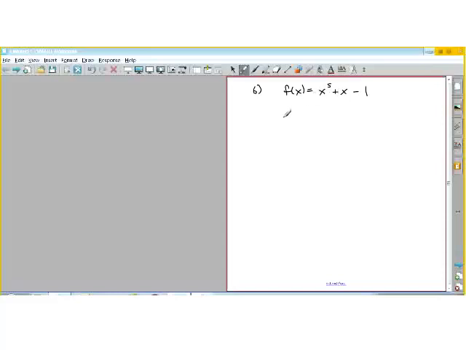Okay, this is problem number 6. It says, approximate the zero or zeros. So we're going to use Newton's method. It's kind of like the one we did in class, except it's x to the 5th. So let's think about it. See if there's more than one. Probably not, but